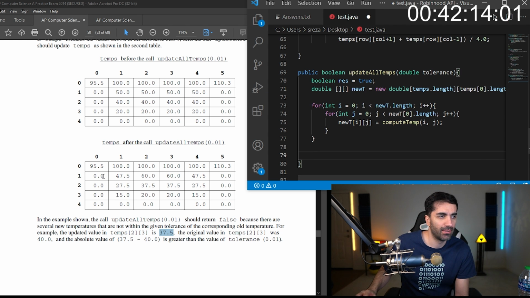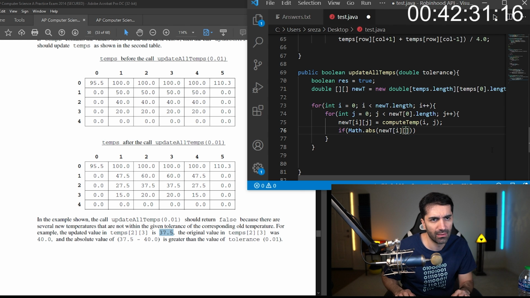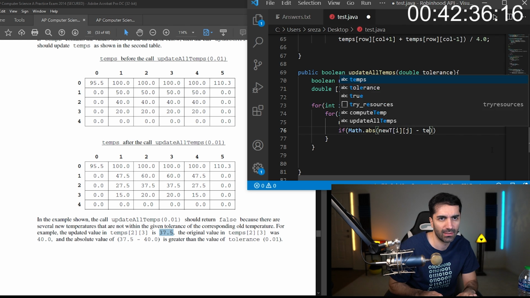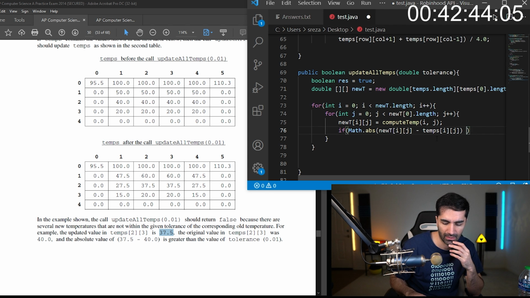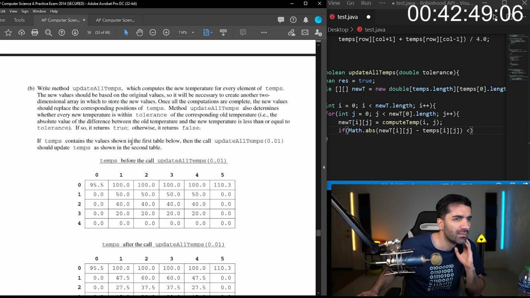Like we update the value, and then at that point we can just check, right? So we'll say if Math.abs of new t i j minus temps i j is less than, is it less than or equal to, or just less than?